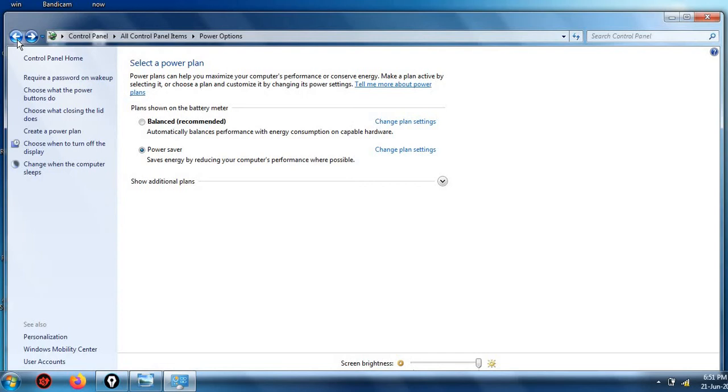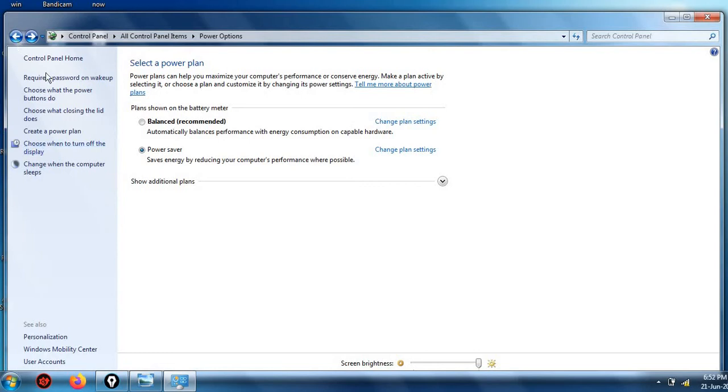Now next, you understood what sleep mode is, right? Now let's talk about hibernate. Sleep mode means that after the set time it will go to sleep mode. The screen will be off, power consumption will be stopped, right? But one more thing is there, that is hibernate.